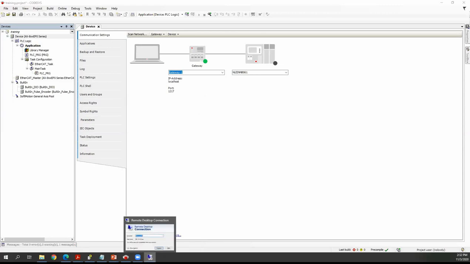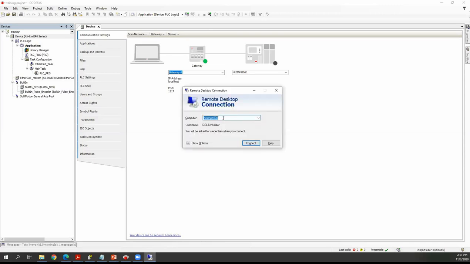So right now, my PC and the AX8 are connected with the Ethernet cable. Here, I need to type the IP address of the AX8. So this is the default IP address. Okay, so when I type the IP address and then connect,